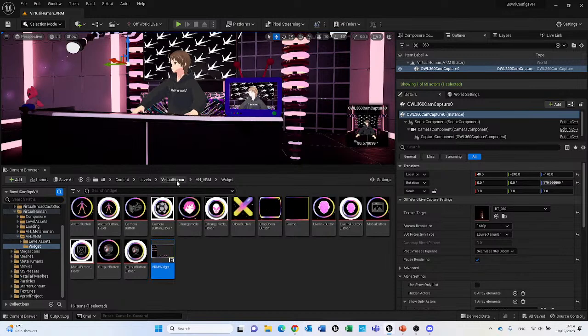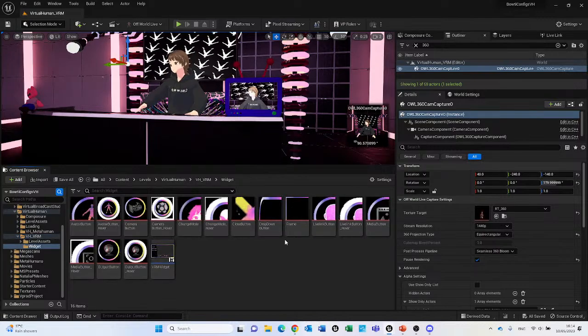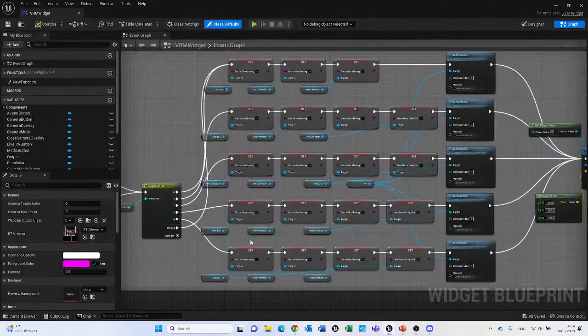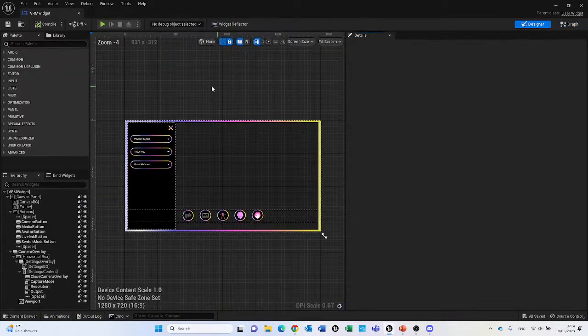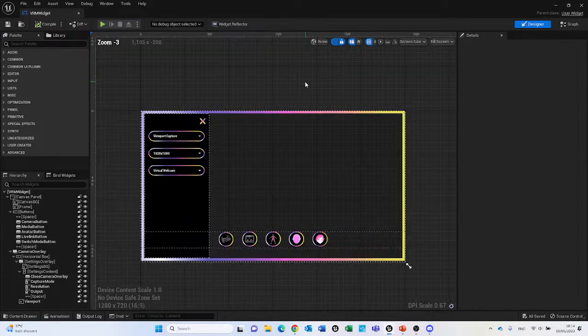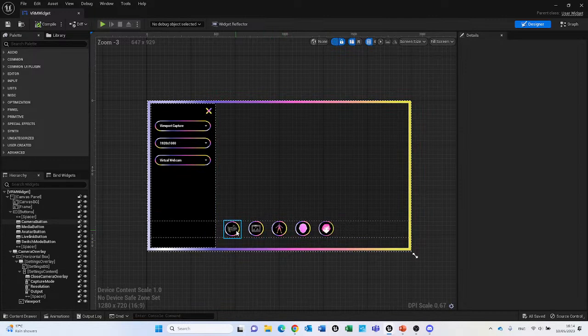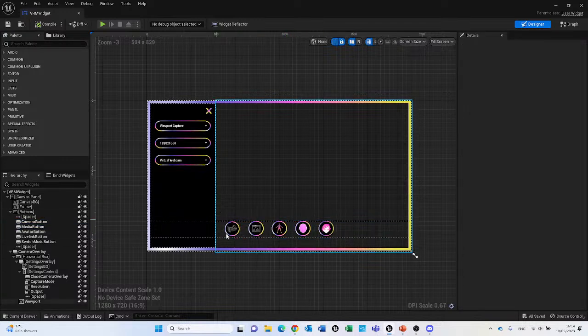So in our project, we've put everything into folders, and here in the widget folder you'll see the VRM widget. Let's first jump into the designer part of this widget blueprint. To start off with the project, we've created 5 buttons, each of which contains an image and a hover image that allows you to click, press and hover onto these buttons